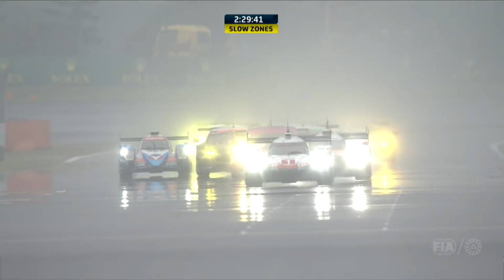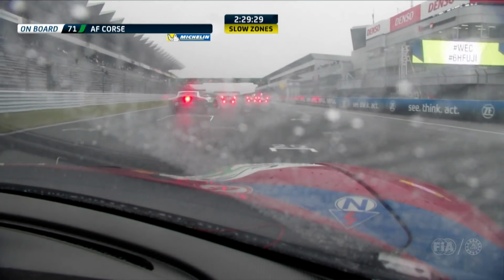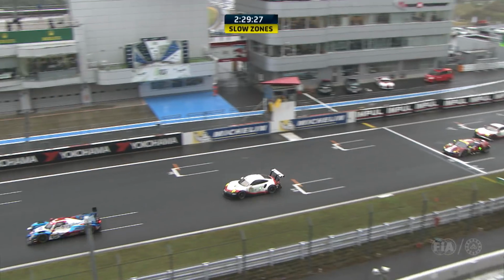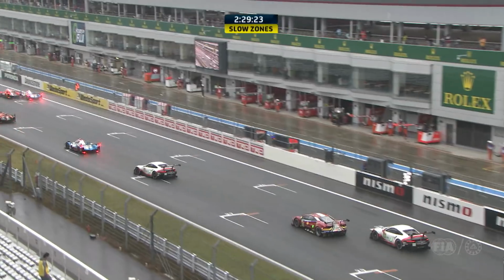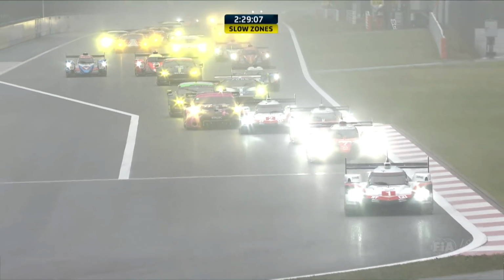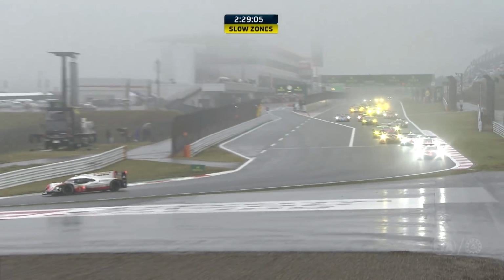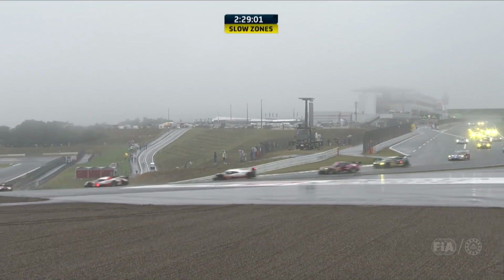Field release from behind the safety car again as the visibility improves noticeably. Slow zone down the front straight and everybody trying to get heat into their tyres. What's going on there? Jean-Eric Verne in the Manor and alongside him Matthias Besch in the number 13 Rebellion. Out of turn 1, Nick Tandy as they drop down into turn 2, they're out of the slow zone and